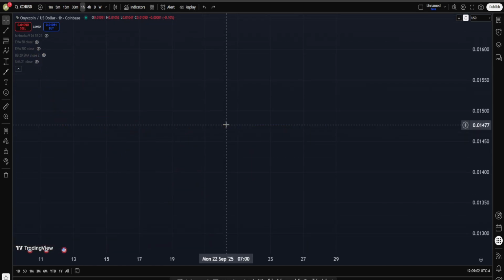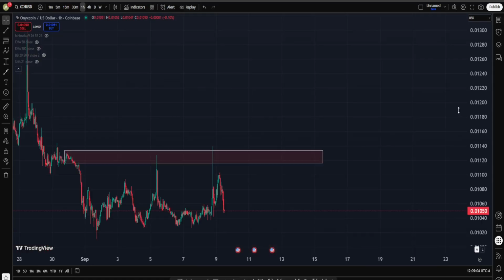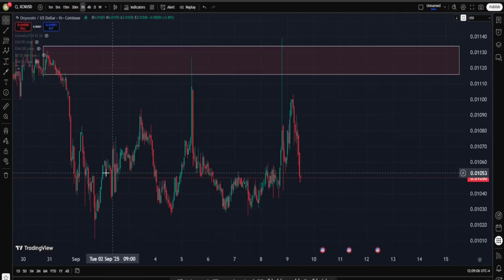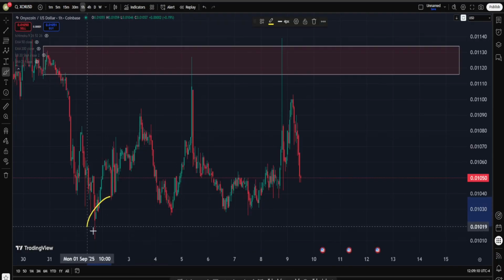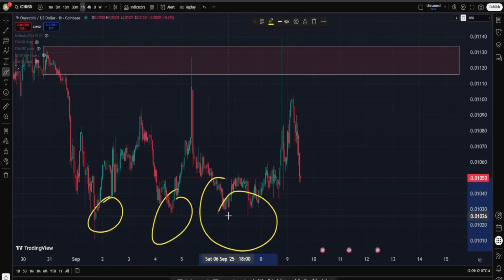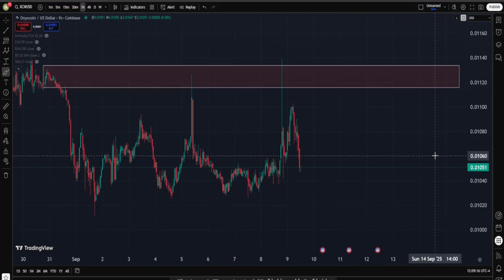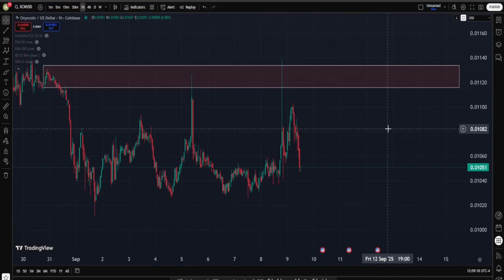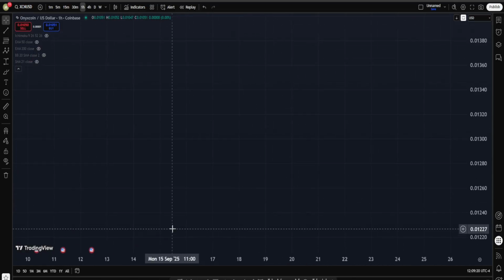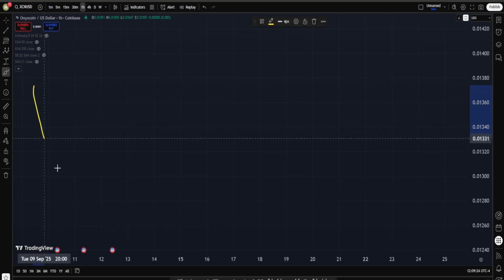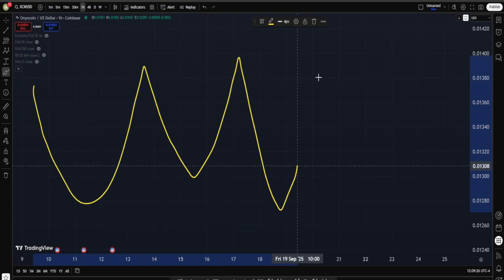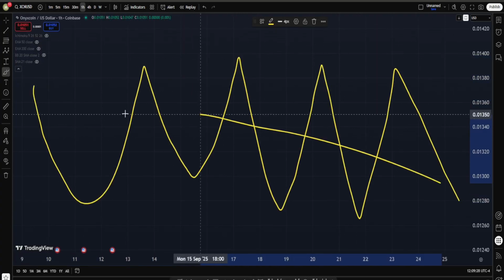However, in XCN, what is going on right now? As you can see, if you want to say this is a double bottom structure, well, unfortunately, these are a series of higher lows, so not really ideal. Now, what is going to be the other reason for me not being necessarily a fan of a double bottom like this? You see, whenever you are having a couple of lows very, very close together, usually around here, a